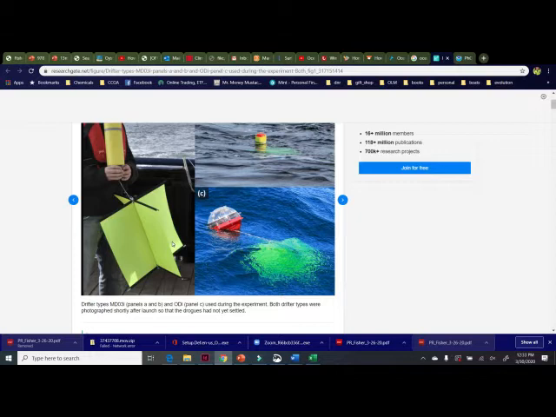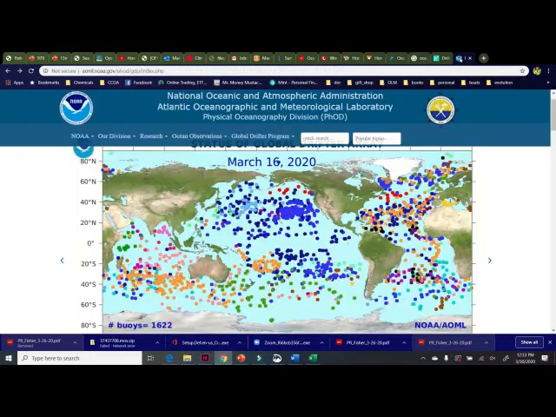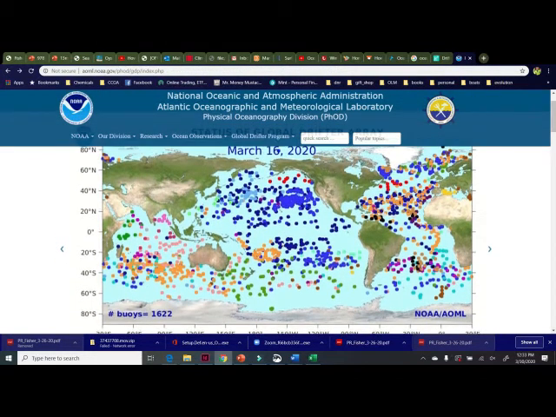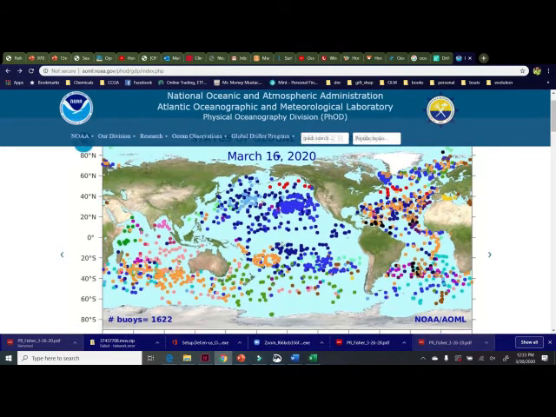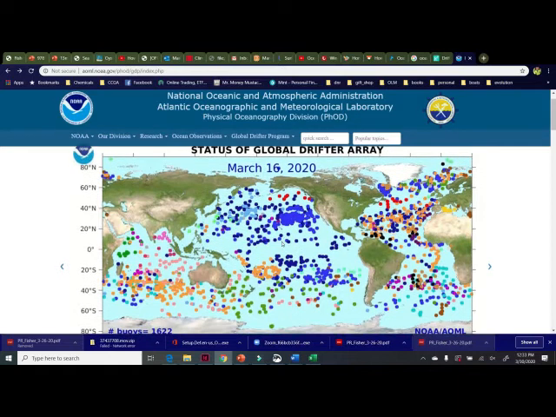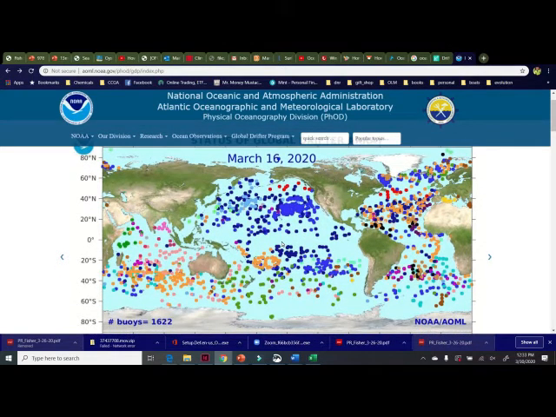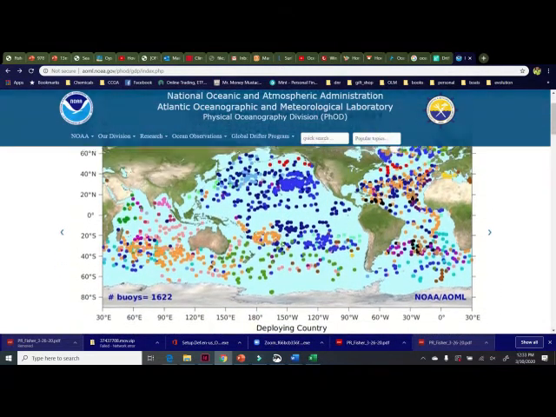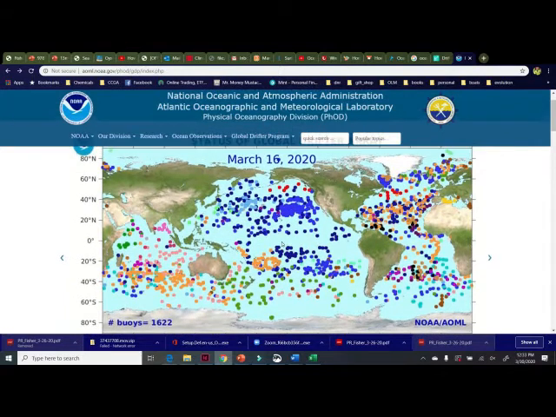All right, so this is what the drifters look like. And this is the current number of drifters that are out there right now. There are over 1,600 drifters out there this week that are actively transmitting data around the world,